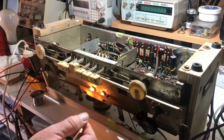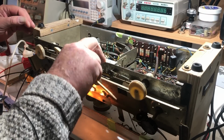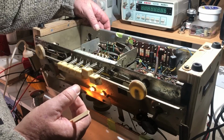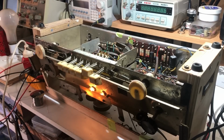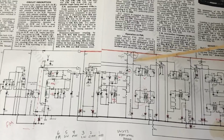No sound at all, apart from just a slight crackle there. And putting it on phono, so the amp section is still working. So if R12 getting hot is symptomatic of the fault,